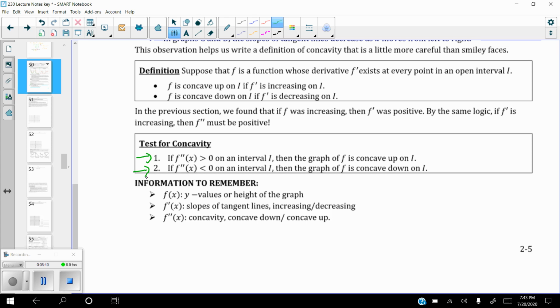Okay, a couple of important reminders, and then we'll actually start getting to a couple of examples. f(x) is your actual y value, the height of your graph. f'(x) shows us the slopes of the tangent lines, which will show us increasing and decreasing. And f''(x) is your concavity, which shows you whether the graph is curving up, concave up, or curving down, concave down. Okay, let's go ahead